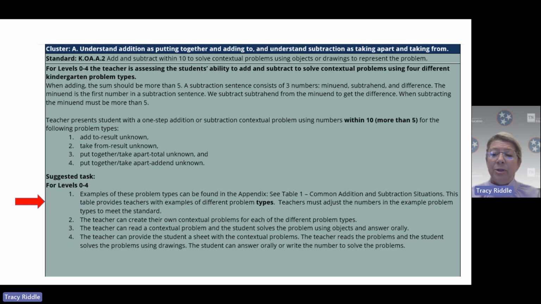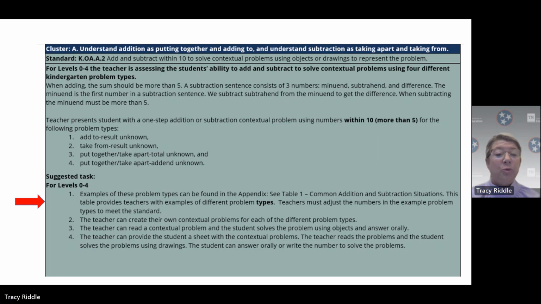Teachers adjust those numbers to align to your standard, keeping in mind that the sum should be more than 5 but within 10 when doing addition problems, and the minuend must be more than 5 but within 10 for subtraction problems. Teachers can also create their own contextual problems as long as they align to each of the 4 problem